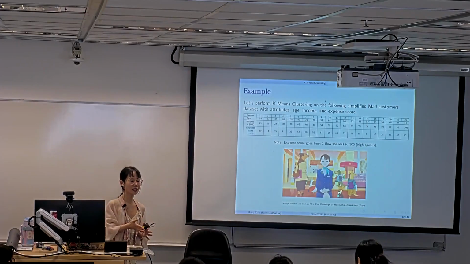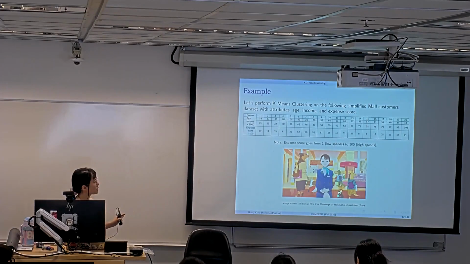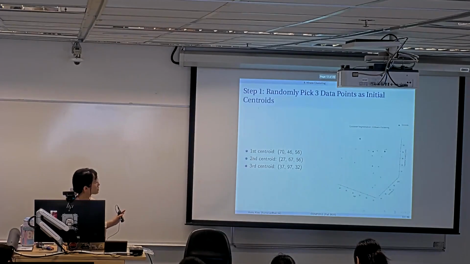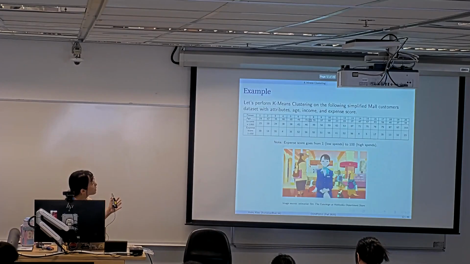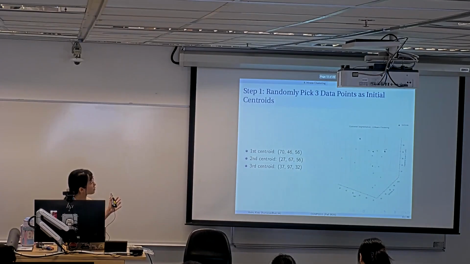So we just want to cluster all these 20 data points into 3 clusters. So then we randomly pick 3 as initial centroids. We only need 3 centroids. Suppose after randomly choosing, we select these 3. So if you look at the table, it should be the data point 7 to be the first centroid, and so on and so forth. So each of the centroids just comes from the original data, and